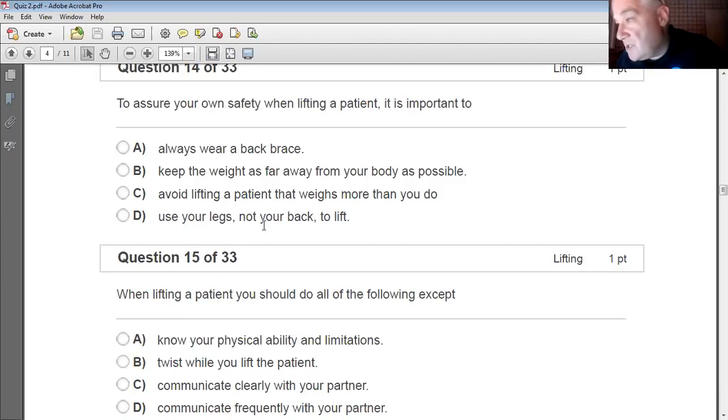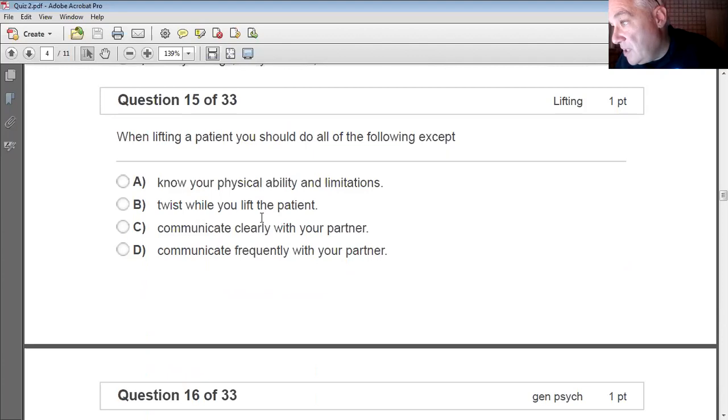And I think everybody knows that just from life in general, we always lift with our legs, not our back, which means we don't bend over, we squat down when we're lifting something. When lifting a patient, you do all of the following except. And the except would be, we don't want to twist while we're lifting. If you twist, you tend to hurt the muscles on the sides. Okay, so